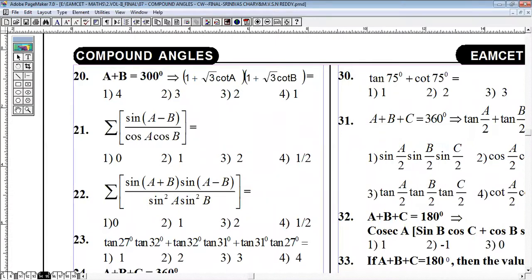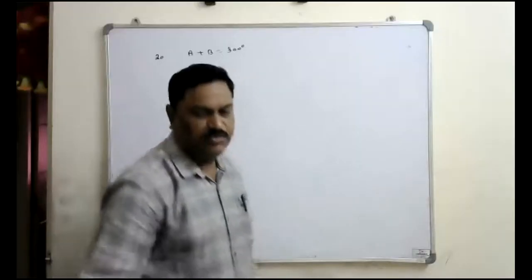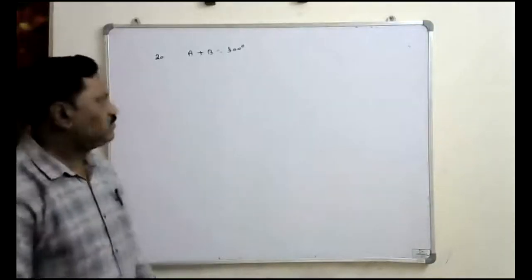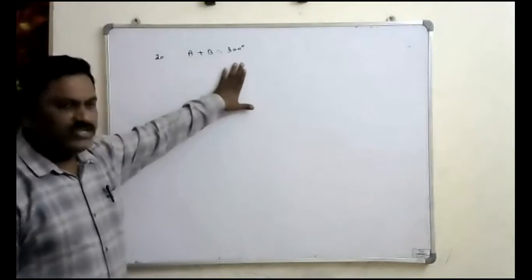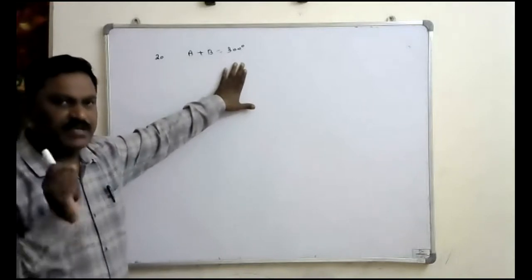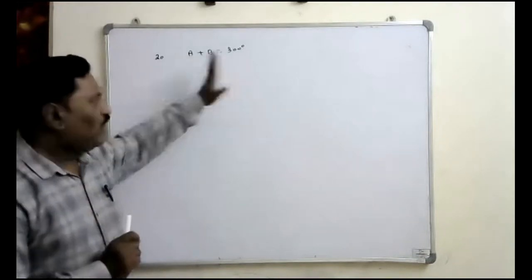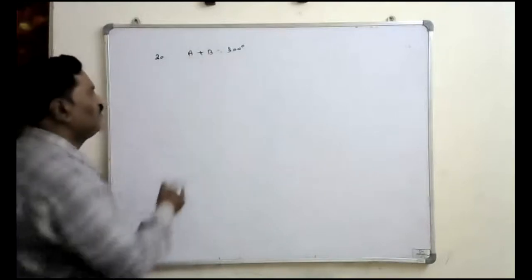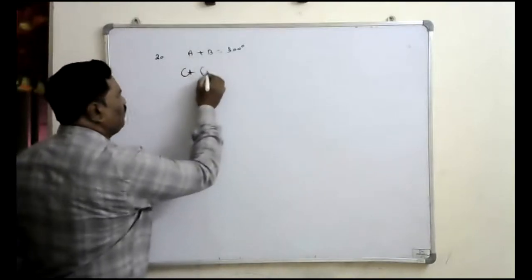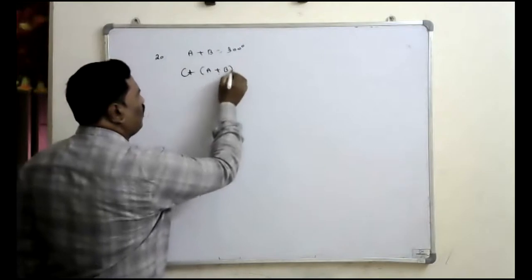To find the result in that case, here also of course the options are constants. By taking some angles which satisfy that condition, you can substitute there and you will get the answer. Otherwise, this was the condition given. We want the result in terms of cot. To get that, apply cot on both sides. Then it is cot of a plus b is equal to cot 300.